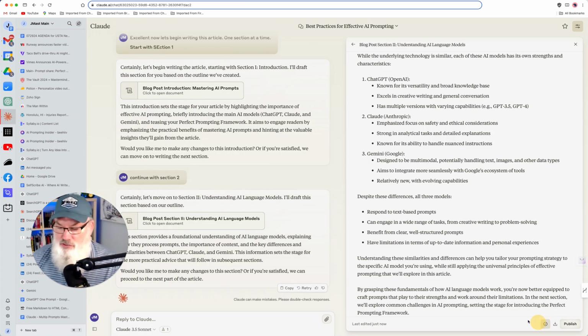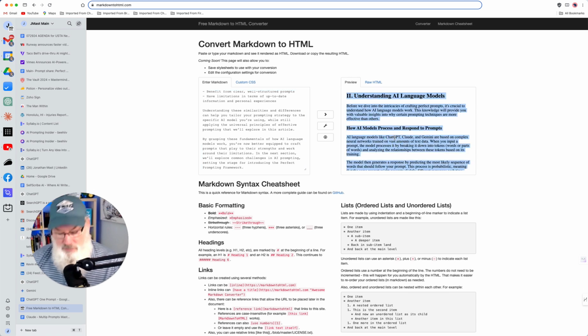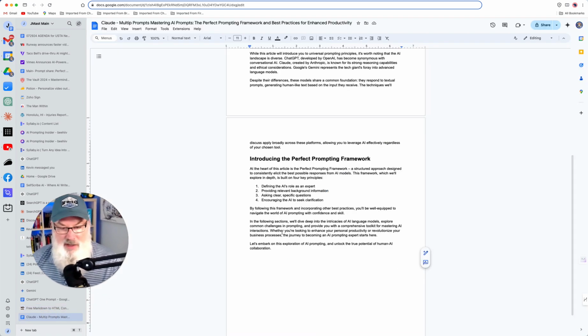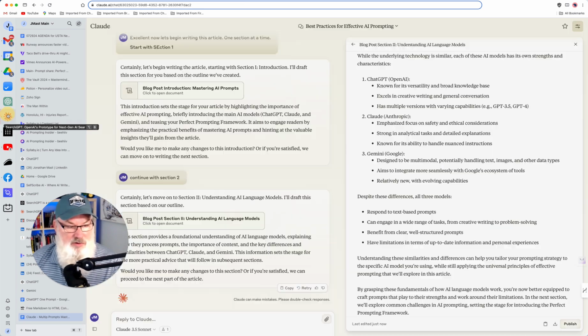There we go. There's section 2 done. We're going to go back to our document. Oops, we're going to go Markdown to HTML first to format it. There we go. We're going to go back to our document, and we're going to paste that in. All right, now we're going to go to Claude,